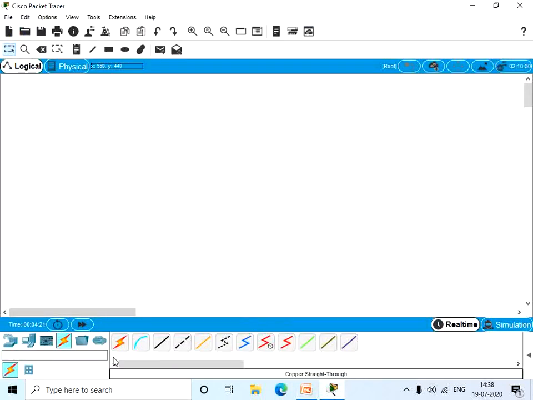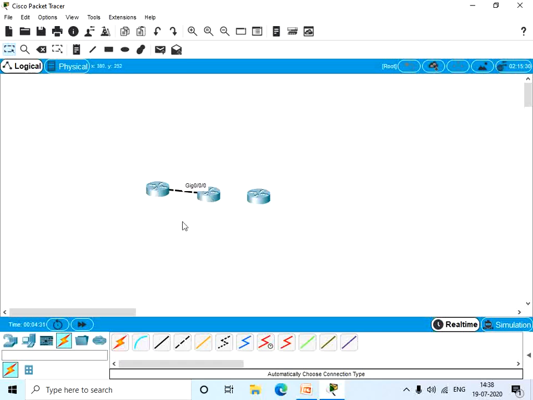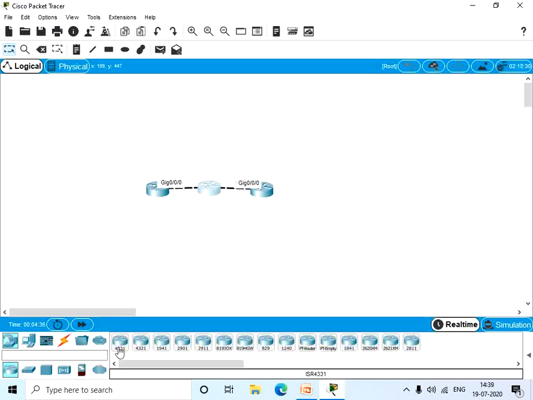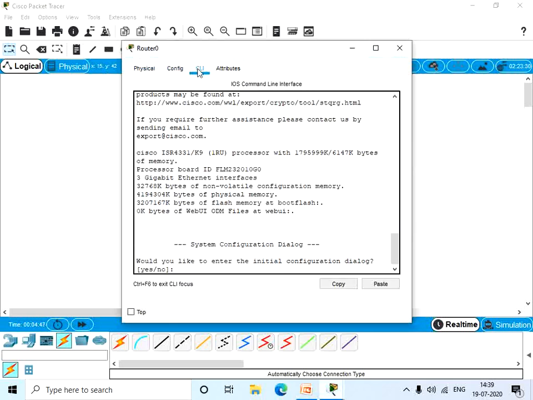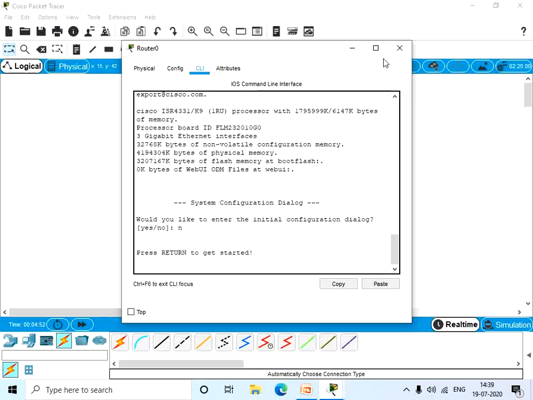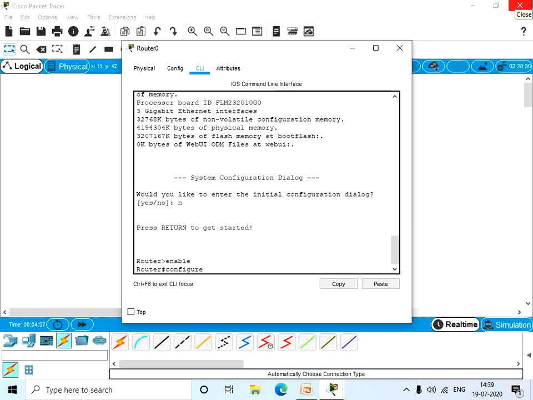So let's move to our Cisco Packet Tracer and let's have 3 routers. Let's connect these. Let's have a PC also, and connect this also. First let's configure router 0. Go to the command line interface tab, enable, configure terminal,